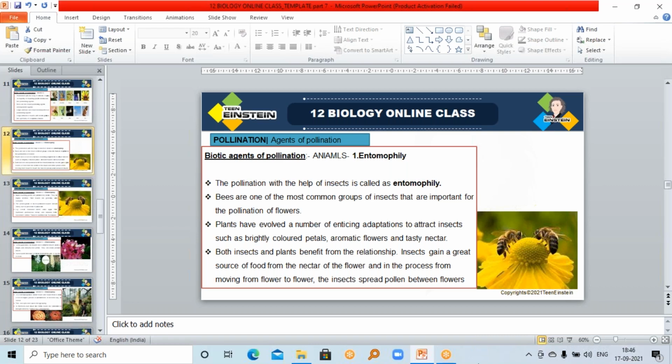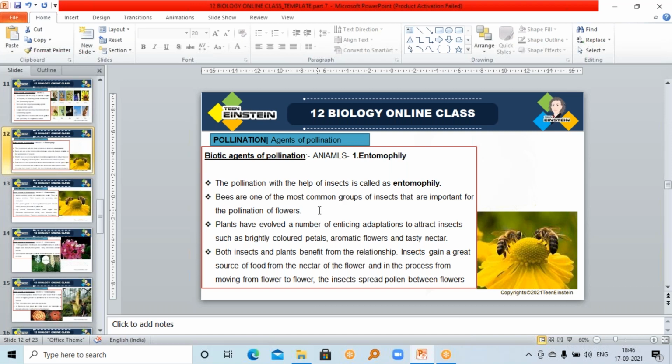So during that, the insect will spread the pollen between flowers. The pollen from one flower is taken by these flies or bees, and when it is reaching another flower, the pollen grains are getting deposited in that flower, right? So the pollination with the help of insects is called entomophily,